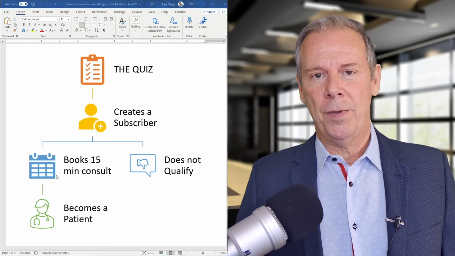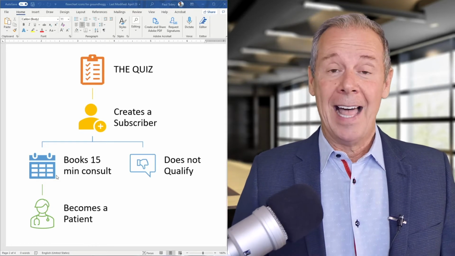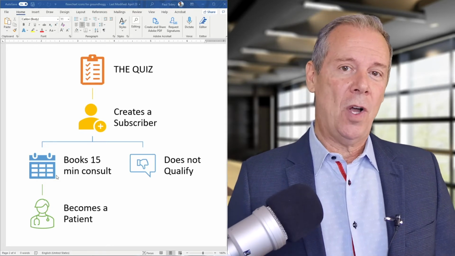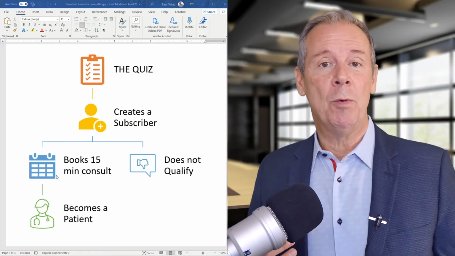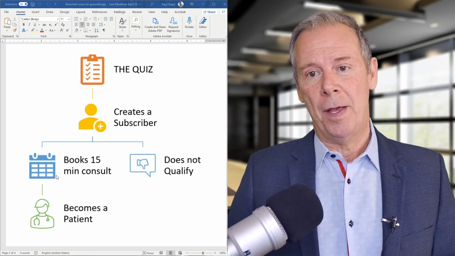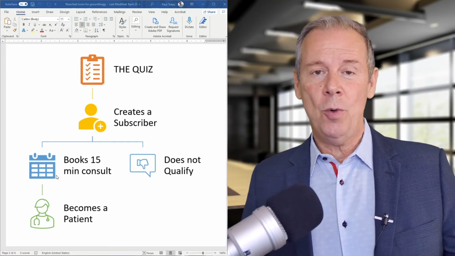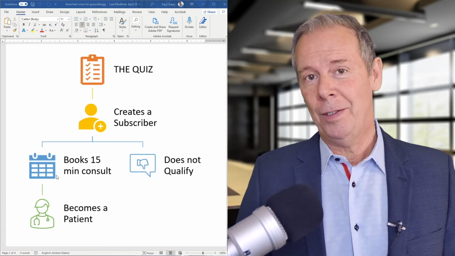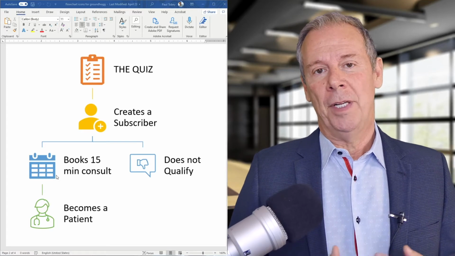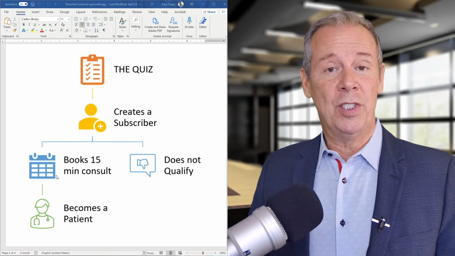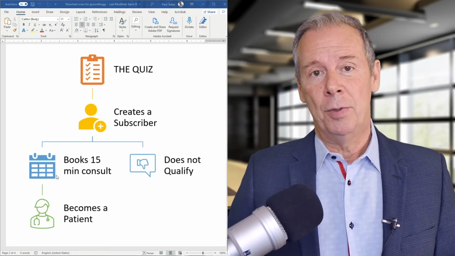And when people answer that questionnaire or that quiz, then at the end, in order to get the results, we request a simple email address. Why do we want the email? Because of course we want marketing automation to start following up with them. And what we do is, if they have no concussion, we say, hey, thanks for taking this. You seem to be fine. You might want to check with your doctor just to make sure. But if they have moderate to severe concussion, we're following up with them saying, hey, click here to book a